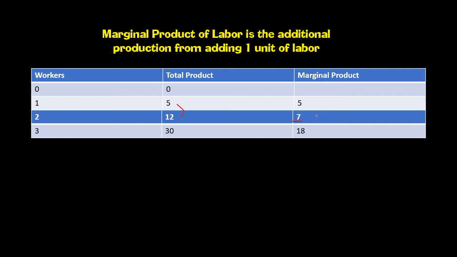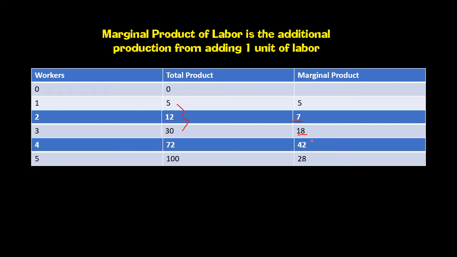All right? I hire a third worker. In comes the third worker. Now I have 3 people working. Maybe I have 1 person cooking and 2 people working the line. Now I can produce 30 burritos in an hour. What did that third worker give me? Well, that third worker gave me 18 burritos, the difference between 30 and 12. So the marginal product of the third worker is 18 burritos per hour.